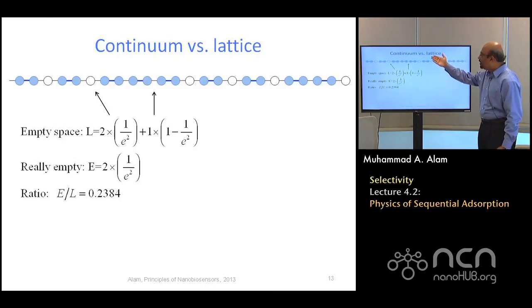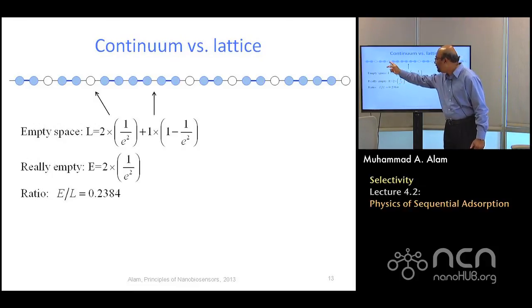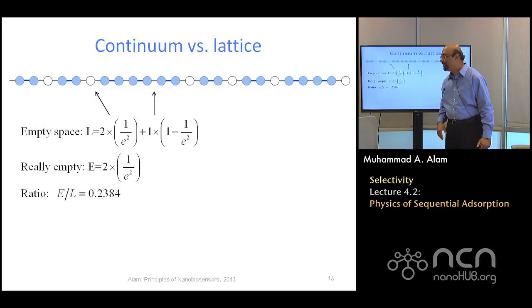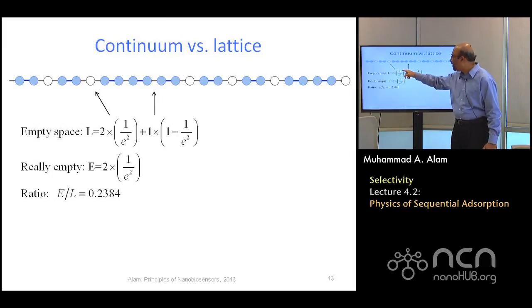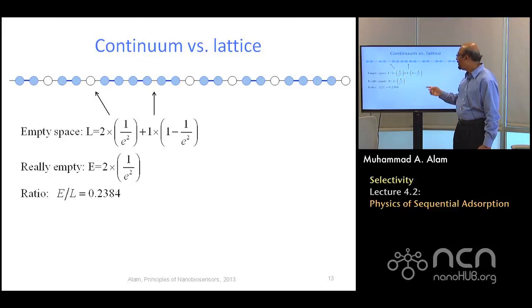So everything I did was in terms of a lattice. In terms of a continuum, what will happen is that every time you have an empty space, you have two lattice sites which are empty, and the number of white spaces was 1 over e squared. So in terms of total amount of space it took up, it was 1 over e squared. These ones are also lattice spacing, but these are not really wasted, the solid blue ones. And that will be 1 minus 1 over e squared.